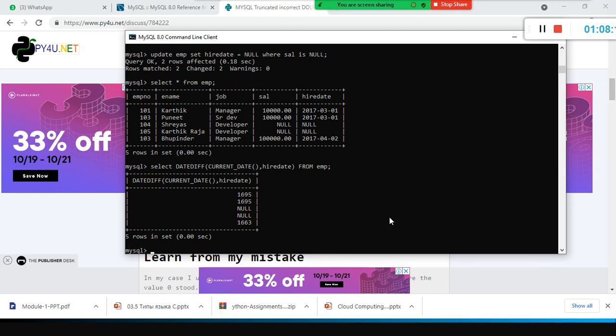But again, in this case it shows all the employees. But let's say in TCS we have 5 lakh employees now. We don't want to see all the 5 lakh employees' data, each and every employee and how many days they stayed with us. That is not our intention. We wanted to give some special gift for those employees who stayed with us more than, let's say, 3,000 days, or more than 1,500 days. How will you do this? In the where clause, you need to specify more than 1,500.